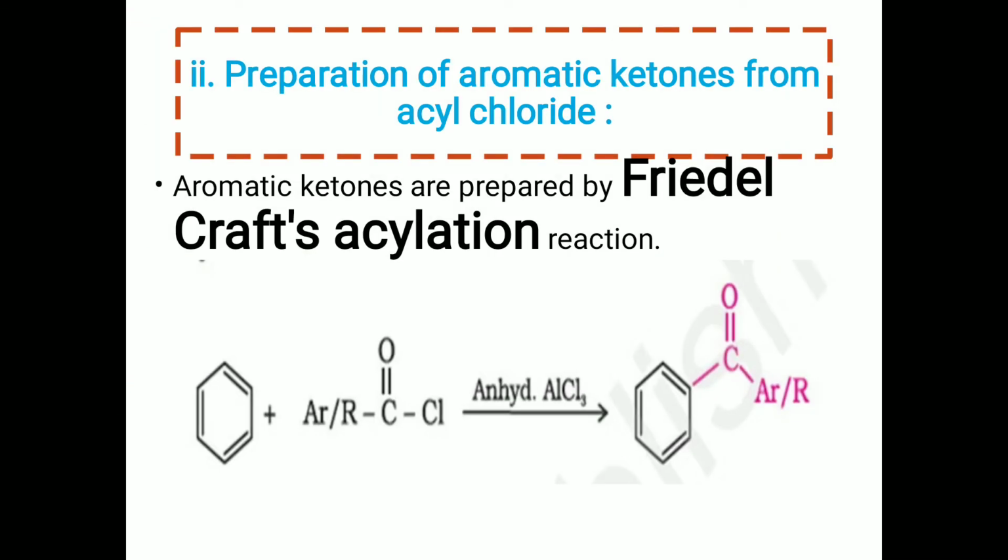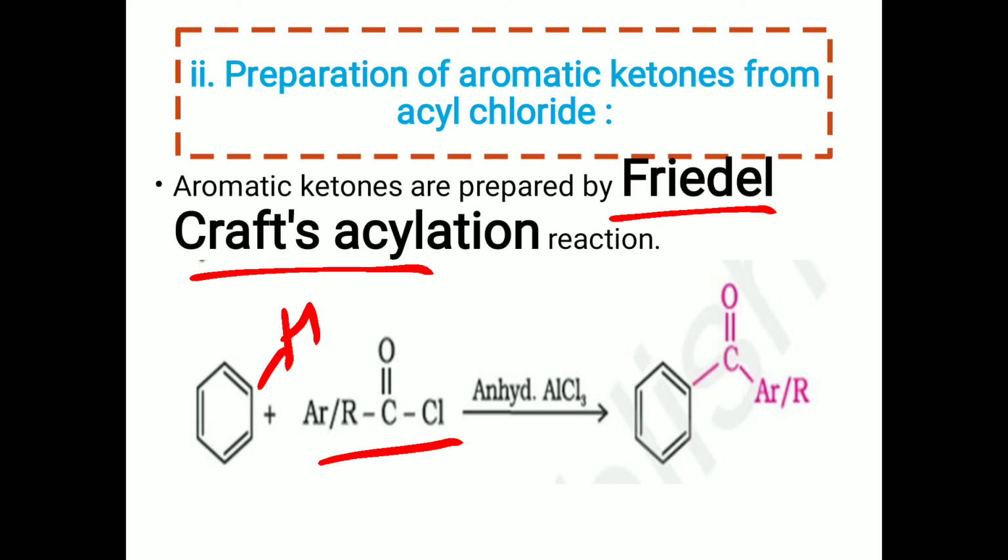Now next is the preparation of aromatic ketones from the acyl chloride. This reaction is also known as the Friedel-Crafts acylation reaction. In this reaction, the hydrogen atom present in the benzene ring is replaced by the acyl group. Acyl group means RCOCl in presence of anhydrous AlCl3, that is aluminum chloride, to give the aromatic ketone, and this is known as